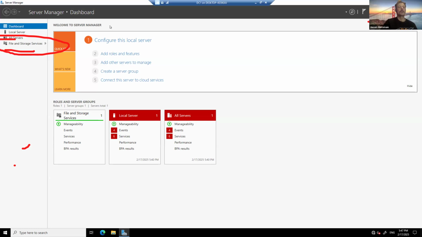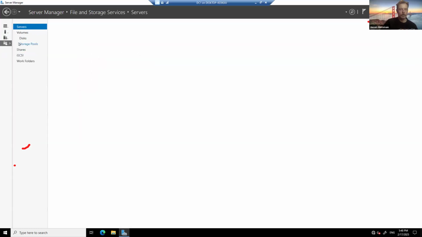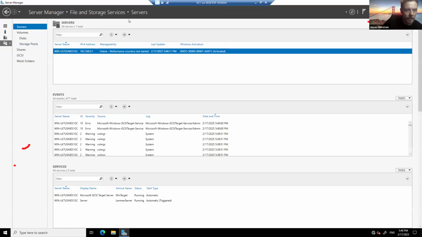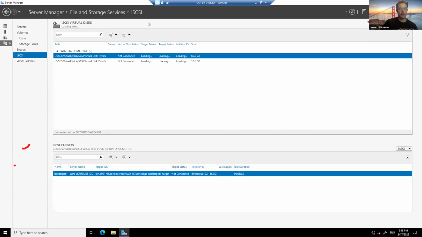Now, left click on File and Storage Services on the left-hand side. Left click here and choose iSCSI. iSCSI should be second from the bottom. So he's got iSCSI target server opened up in here. Now what we're going to be doing with these is we have to get this all installed. So for your iSCSI,